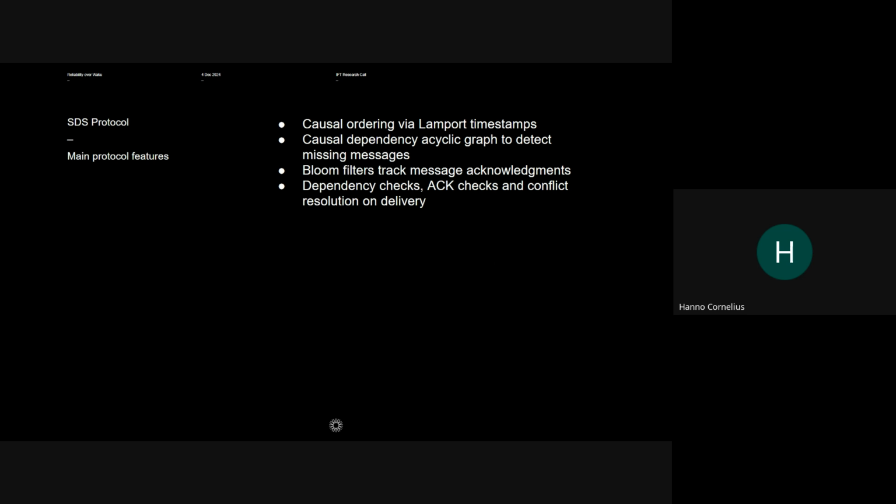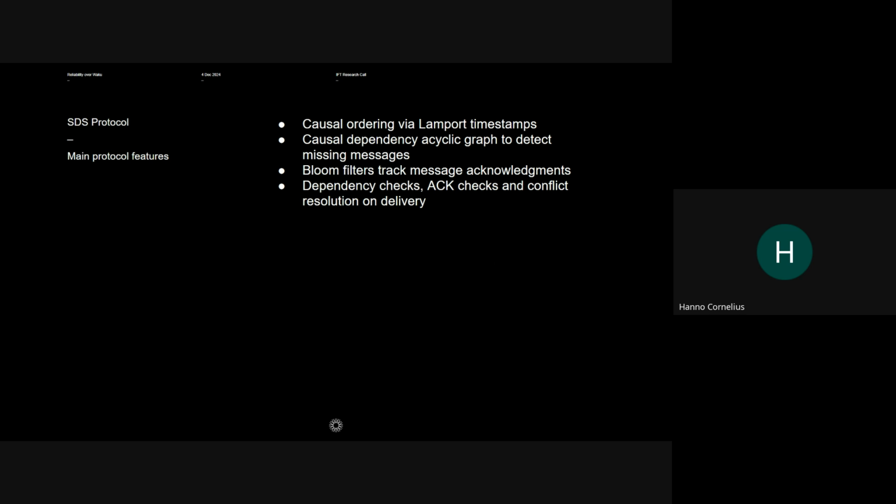Then we include a causal dependency directed acyclic graph, or a DAG, to detect missing messages. Fancy way of saying that messages are now aware of messages that have preceded them in the past, and they in a sense depend on these messages being processed first before you can process this message. So they have some references to past messages.